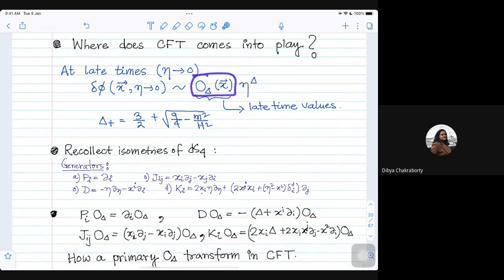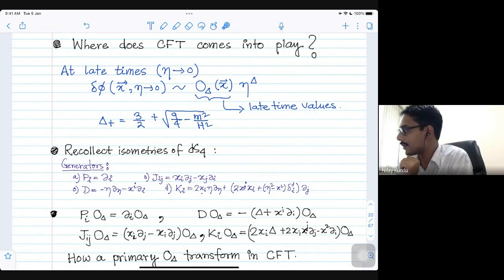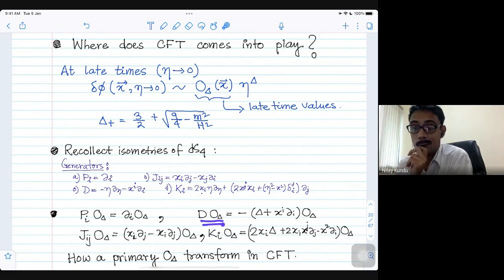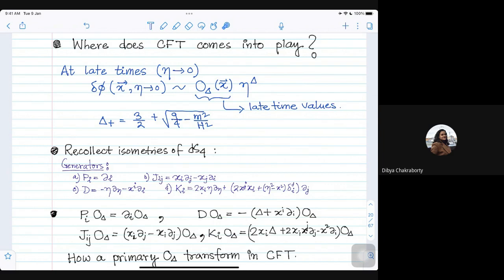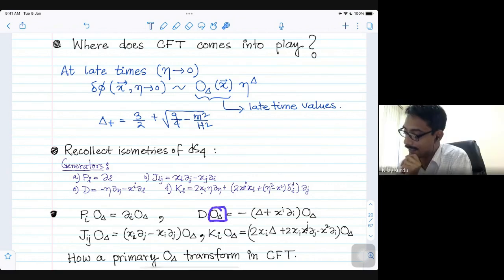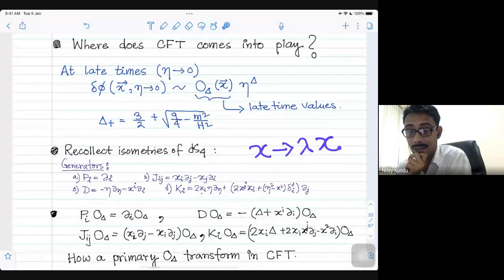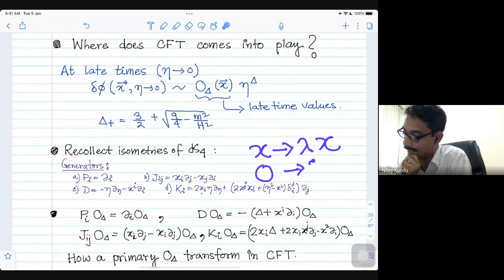We are looking at this operator O, which has a dimension delta, that tells us that if I scale my coordinates by x going to lambda times x, this operator O will scale like lambda to the power delta times O,